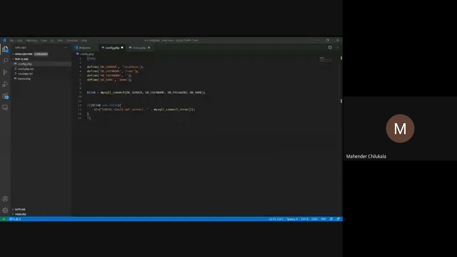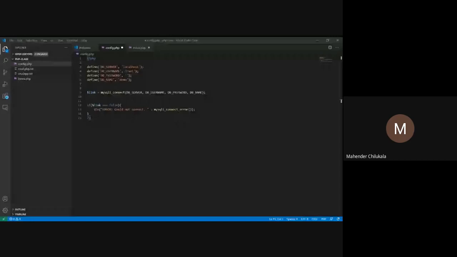No, it's not visible. Yes, now it's visible. You're trying to do that. Okay. Yeah, you try. If you have any doubt, you can post in the text message. Stop your screen sharing.